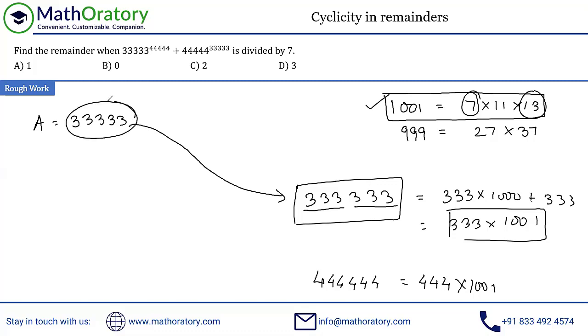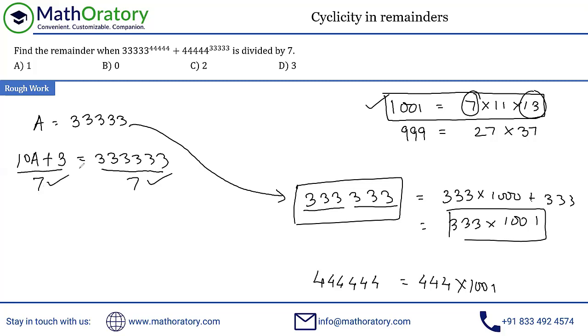Multiply this entire thing by 10 first. So you get 10a. As soon as you do this 10a, you have a 0 at the end, right? Now, once you add a 3 to this, this becomes 3, 3, 3, 3, 3, 3, right? Now, what is the reason I'm doing this? Check this out. I already know that this number is divisible by 7, right? So effectively, this should also be divisible by 7. So think about the smallest a which satisfies this.